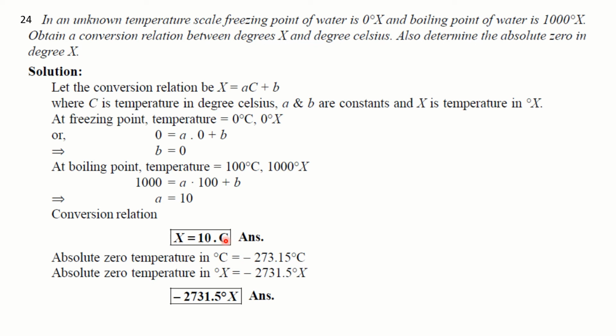Correct. If I know the value of C, I can get what is X. At absolute 0, it is minus 273.15 degrees Celsius. So if I multiply, X will become minus 2731.5 degree X. Some of these values are not mentioned in my lectures. However, in your physics classes, in your earlier classes, you must be aware of those things. Those ideas I'm just using over here.